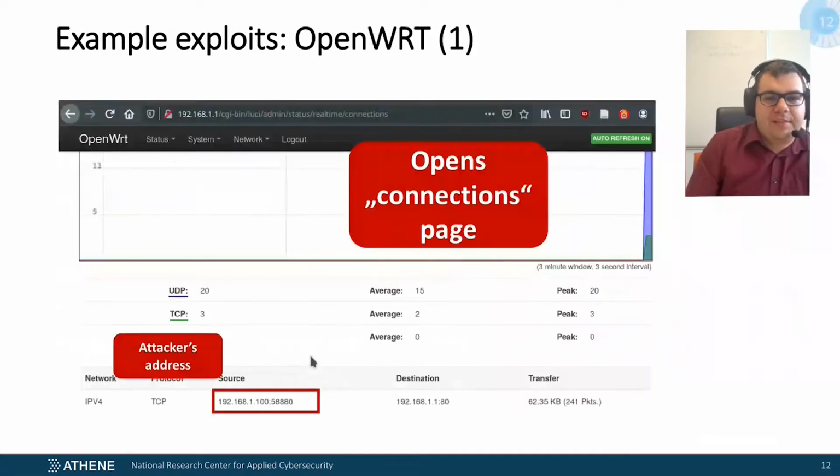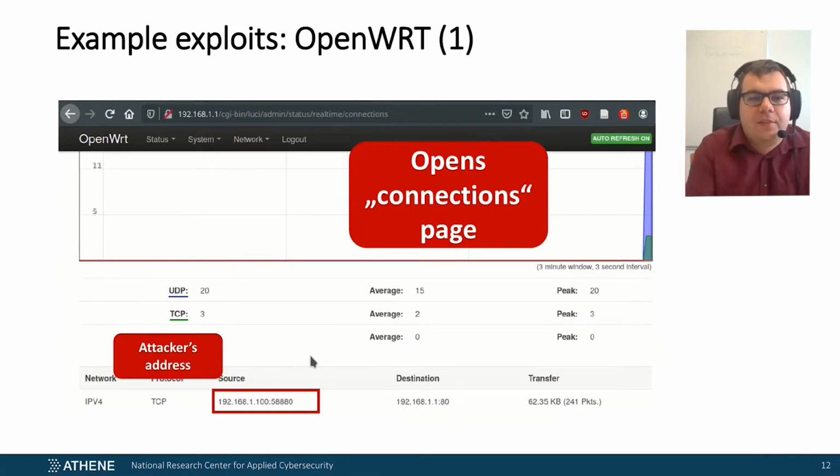Now I want to present 2 example vulnerabilities we found. One of them is in OpenWRT, which is an aftermarket operating system for home routers. In this case, you can take full control over the router by injecting malicious input. This time it's JavaScript code inside the administrative interface of the router, by including it in the reverse DNS name of your own IP address as an attacker. What will happen is, if the administrator opens the connections page, maybe because you lead him to it by saying there's a problem or something,